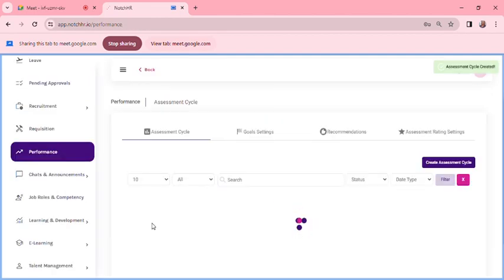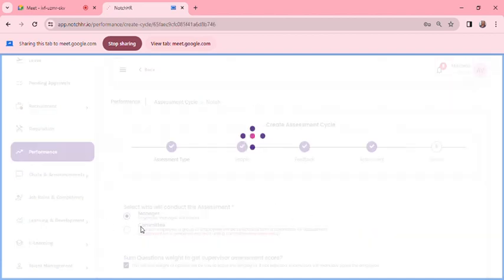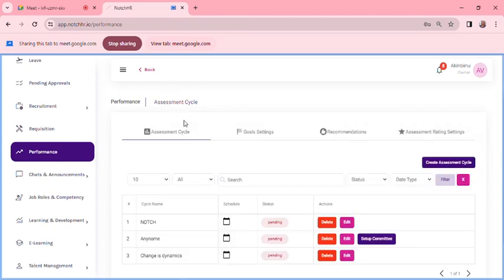So that's the assessment I just created. Now, because I just created this notch, I can also edit the assessment as well. I can decide to change it to a committee assessment, not manager. So after this assessment has been done, I want to go to the employees part